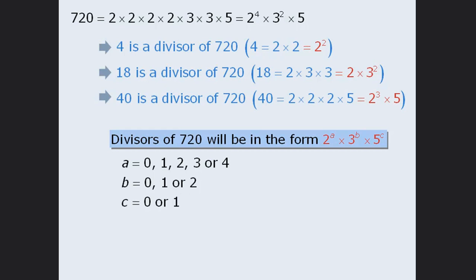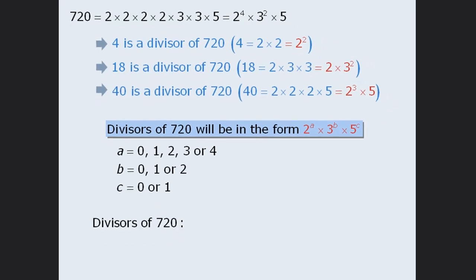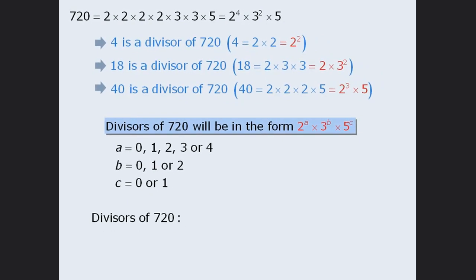We're now going to use this information to determine the total number of positive divisors of 720. We will do this using some counting techniques you may have not seen before. We're going to build divisors in stages. Since all divisors will be in the form 2 to the power of a times 3 to the power of b times 5 to the power of c, our first stage will be to select a power of 2. Our next stage will be to select a power of 3, and our last stage will be to select a power of 5. Beginning with the first stage, the power of 2 can be 0, 1, 2, 3, or 4,